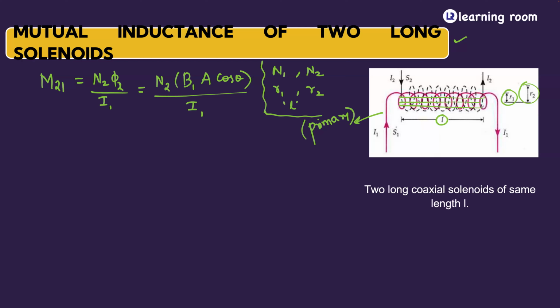Magnetic field produced by the first coil into, what do we generally write? It should be the area of which coil? First coil or second coil? Listen to this. Magnetic field is produced by the first coil, but the flux should get associated with the second coil. So what should I write in the place of A? Should I write it as A1 or A2? So we tend to write A2, but that is wrong. Because since the magnetic flux is associated only in this area, the total flux that the first coil can produce is associated within itself. Am I clear with this?